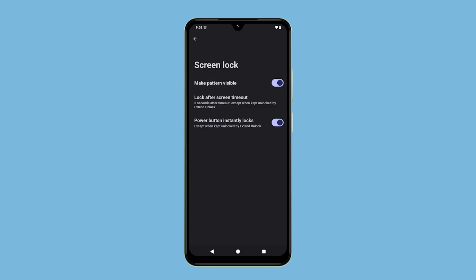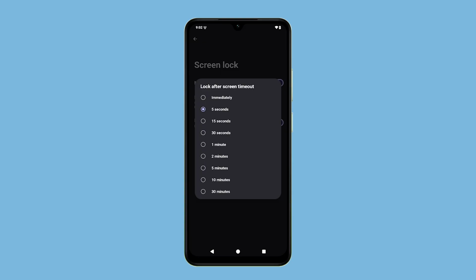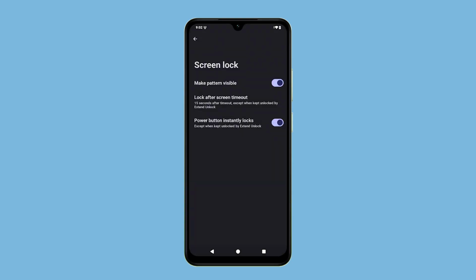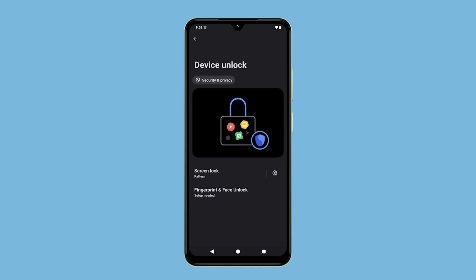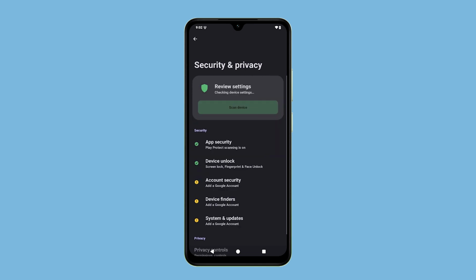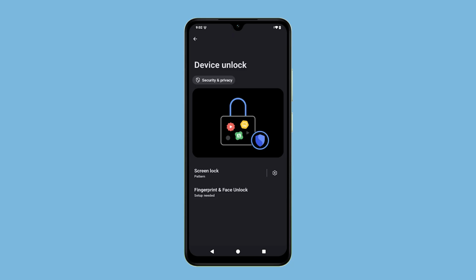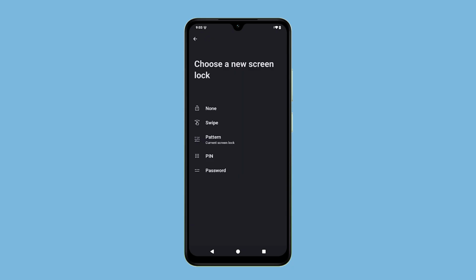You can also set Lock After Screen Timeout, which lets you decide how soon the device locks after turning off the screen, from 5 seconds to 30 minutes, or instantly. If you want the power key to lock your phone immediately, turn on the switch next to Power Button Instantly Locks. If you want to switch from a pattern to a PIN or password later, go back to Device Unlock,